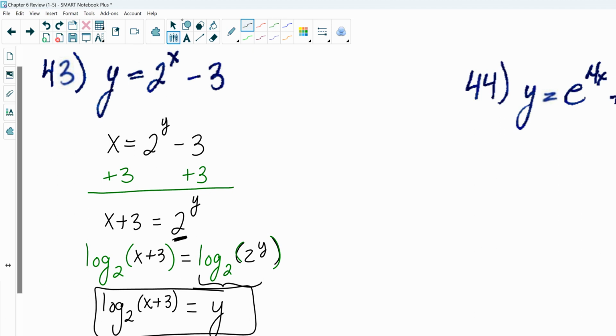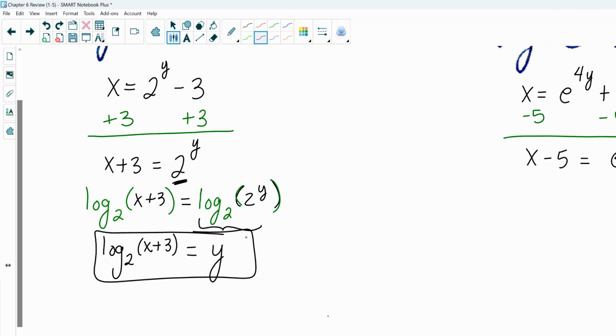44. Again, our first main step is going to be the same. We switch x and y. Even though it's e, we really do need to get y by itself, just like we did on the last one. We didn't have to do it on the first few because the term that had y in the exponent was already by itself. Now again, we could do the switching method at this point, or we can just apply the natural log to both of our sides,